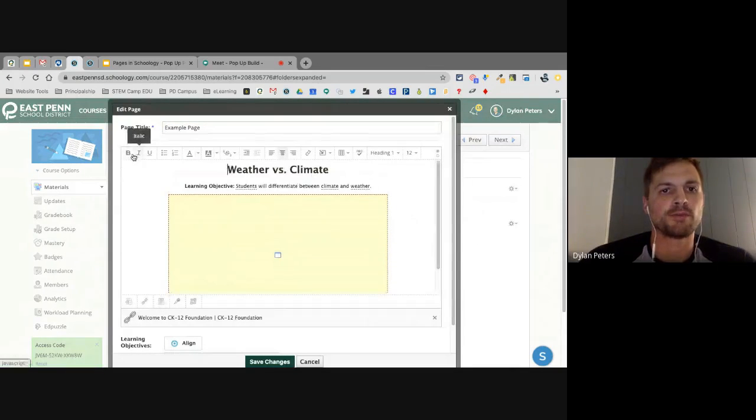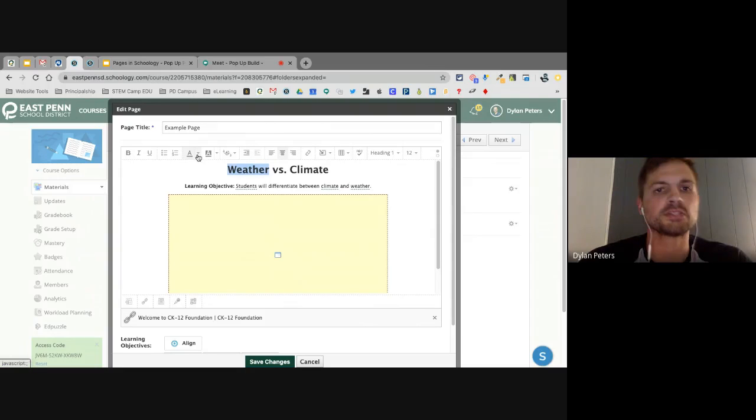Okay, along the top, you have your bold, italicize, and underline here, as well as bullets and number list. They work very similar to Google Docs and Microsoft Word. So you can either click the buttons first and type, or highlight the word and then bold that particular word. Although this is a heading, so I'll show you how to do that. It doesn't really affect that. Next to